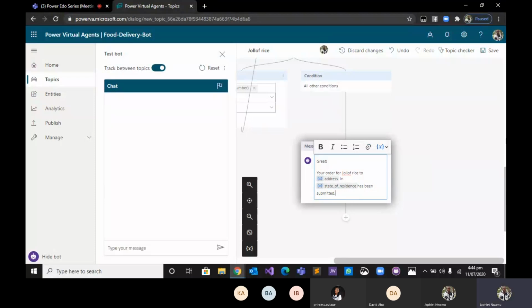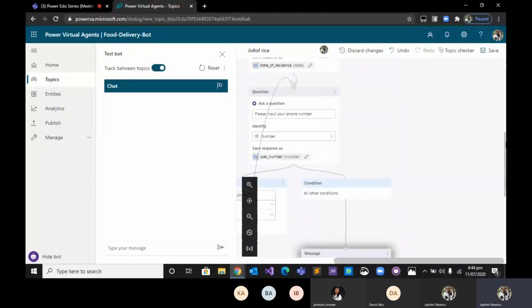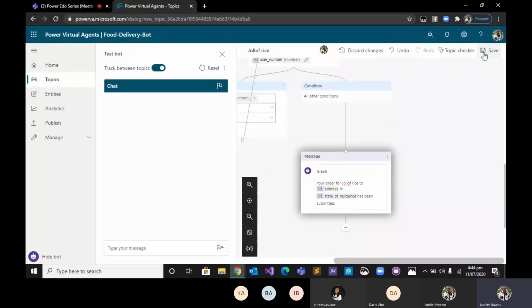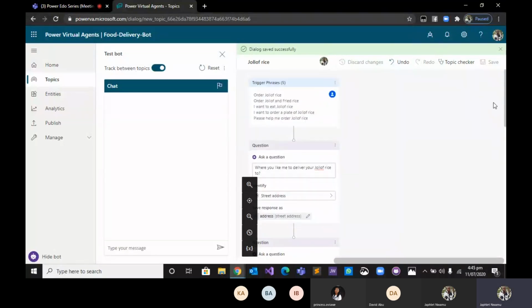Great. So let's save and test. Remember, this is just a rough workflow. I'm pretty sure if you're creating your virtual agent, you should have a more structured workflow, so it should be a lot easier for you. Great. So let's quickly test it out. Instead of starting with the introduction, I'll just quickly start with this session.